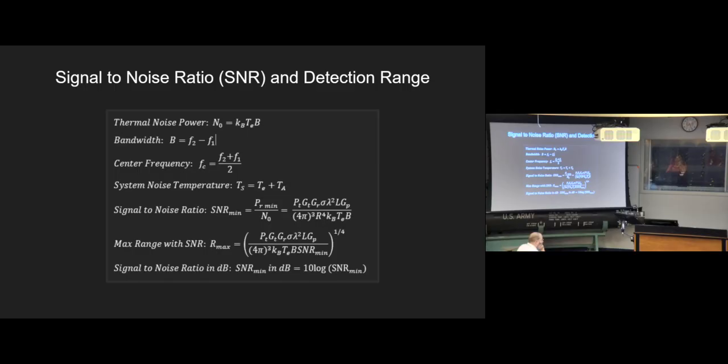So you just rearrange this whole equation. I mean, I could do it for you guys, but I think you probably get the point. I think this is still algebra at this stage. Shift it around, take your root of 4, and now you have your max range. And then,